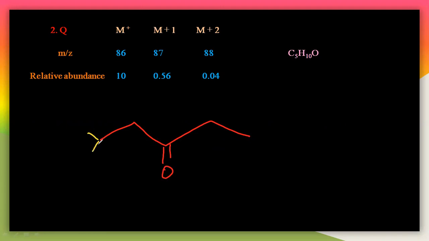See here, there are 3 hydrogens here. Here also 3 hydrogens here. There are 2 hydrogens here. Here also 2 hydrogens are there. So totally 10 hydrogens, and the 5 carbons here. There are 5 carbons here. You can check here. This is 1, and this is the second, and this is the third, and this is the fourth, and this is 5. So C5H10O here. The oxygen is 1.